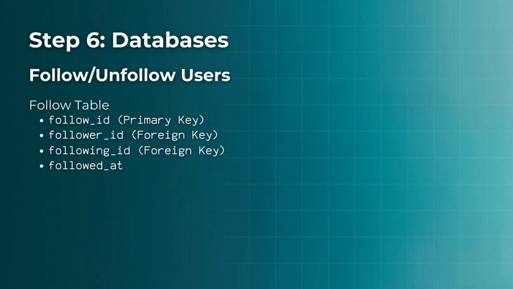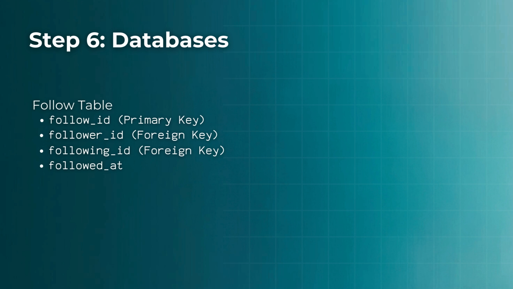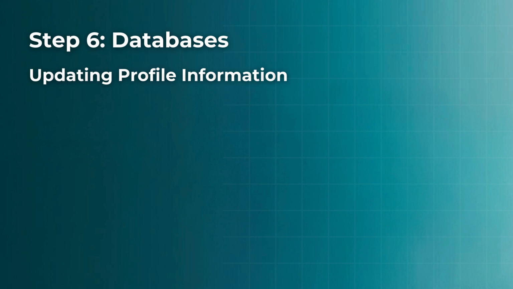With this setup, it's super easy to look up who a user is following, or who's following them. Plus, when it's time to generate a feed, you can quickly fetch content from all the users someone follows. And when they decide to unfollow someone, just remove the corresponding entry from the table. Simple and clean. When a user wants to update their profile, maybe they're changing their bio, location, or profile picture,